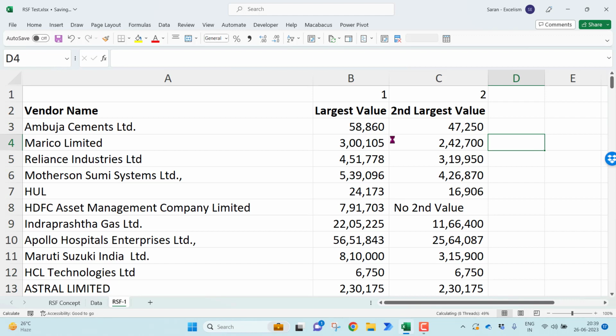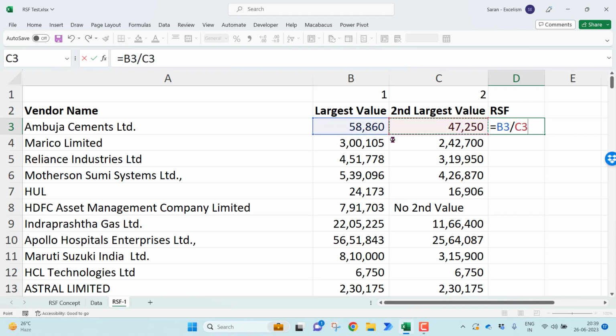In a very simple way, we calculate it. Now let me put RSF. As I already mentioned, this divided by this. You may get an error because there is a text value when you copy and paste. Just to overcome that particular problem, if error,